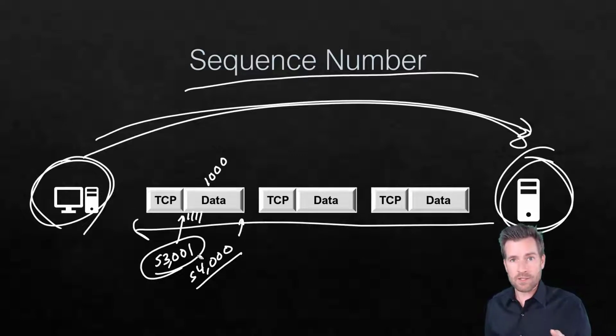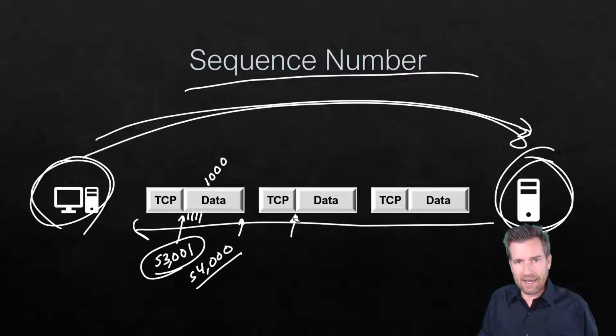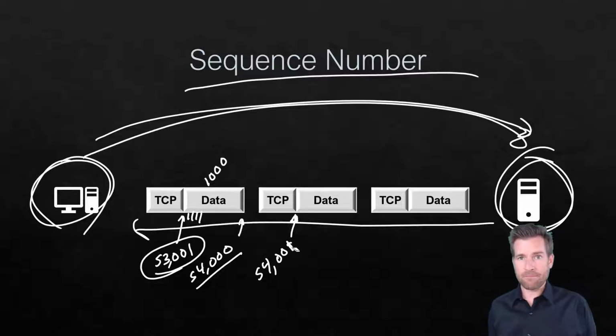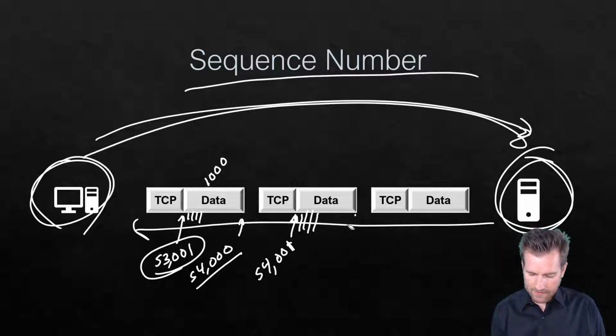So I'm asking you a question right now. I want you to tell me what the sequence number of this next segment is. It's the next byte of information. What is the next sequence number? If you answered 54,001, you would be correct, because that is the next byte within this data. 54,002, 54,003, 54,004, 5, 6, continues to count up, and the last one of this segment is